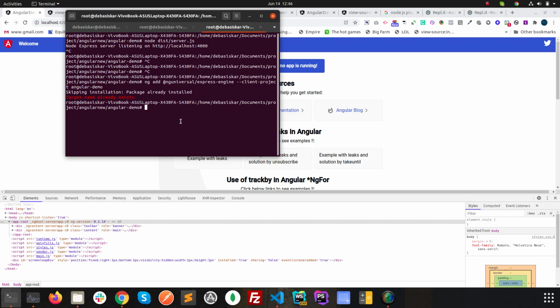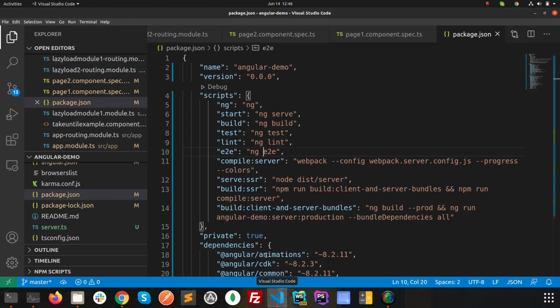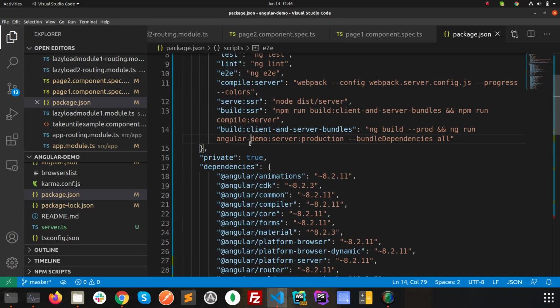To run this, we have to build this project first for server side rendering. To build, we have to run npm run build:ssr. How this works, you can see in your package.json, these scripts are automatically added.